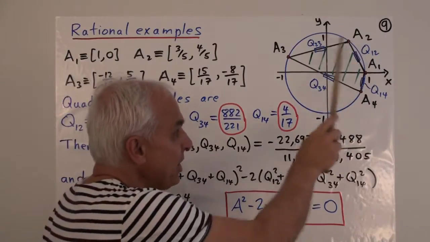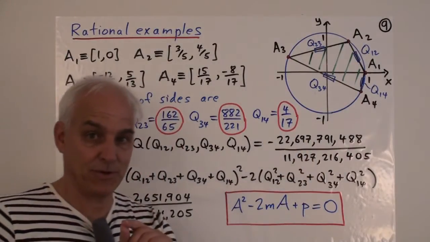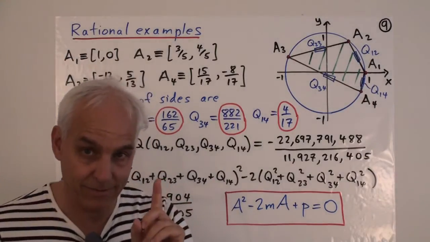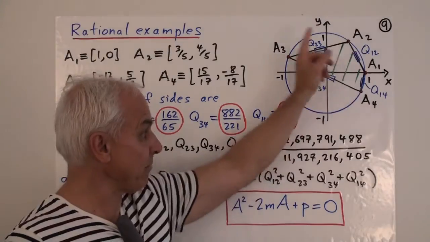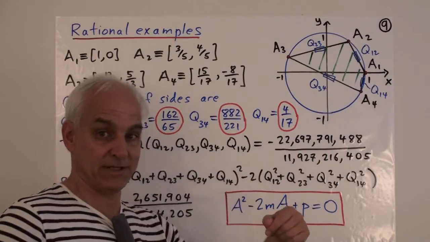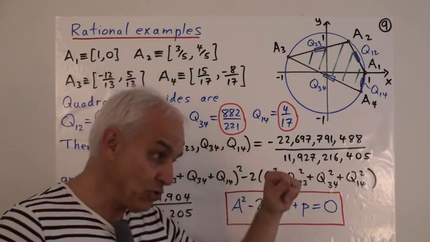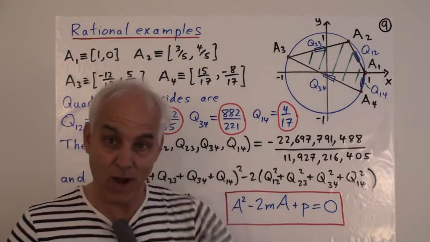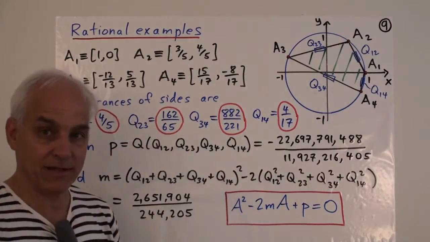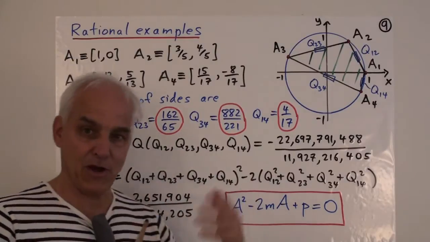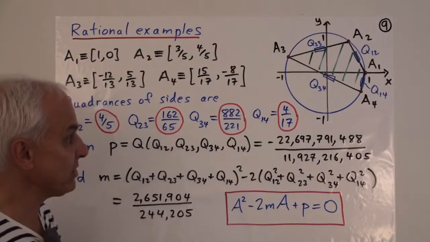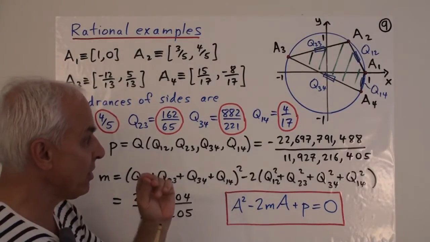Now, we know how to rationally parameterize the circle. Let me remind you that if you take any rational number t, then you can cook up a corresponding point on the circle by choosing (1 minus t squared) over (1 plus t squared) to be the x-coordinate, and 2 times t over (1 plus t squared) to be the y-coordinate. So I don't have to choose simple ones like this. I have a whole wide variety of points that I could choose pretty well anywhere I want to be points on this unit circle with rational coordinates.